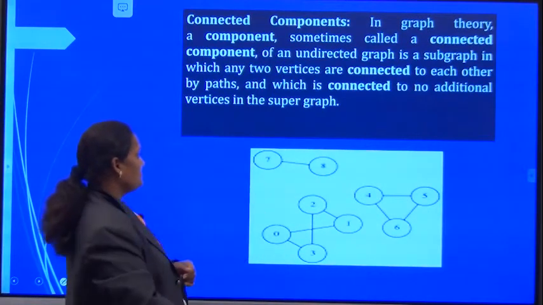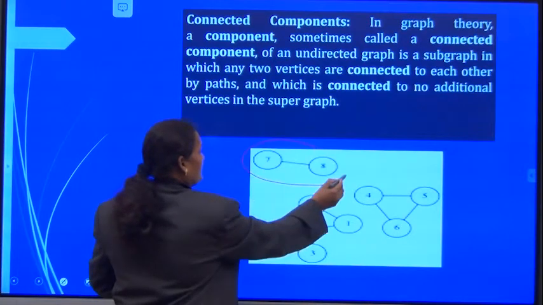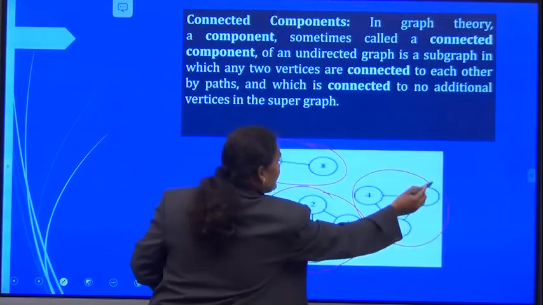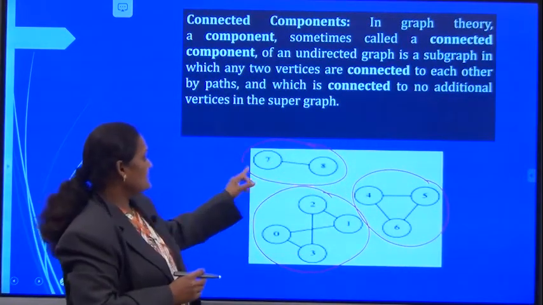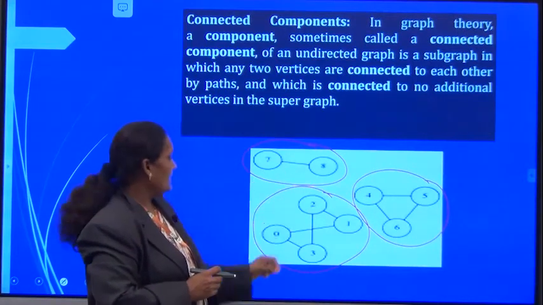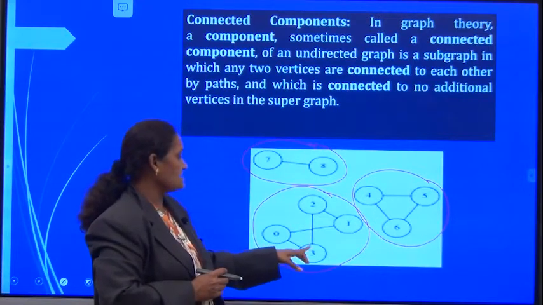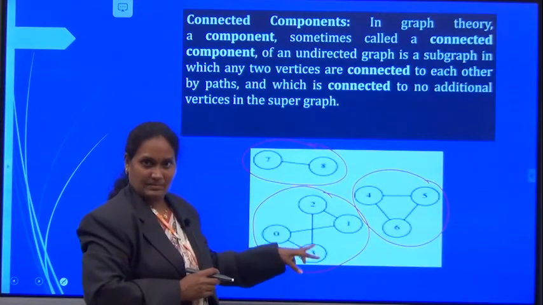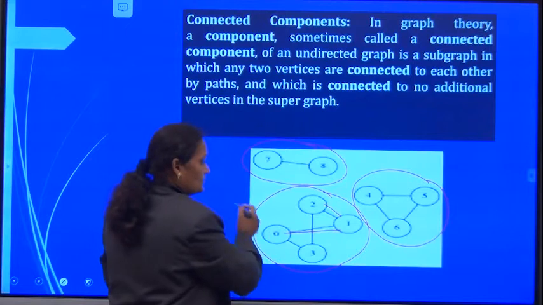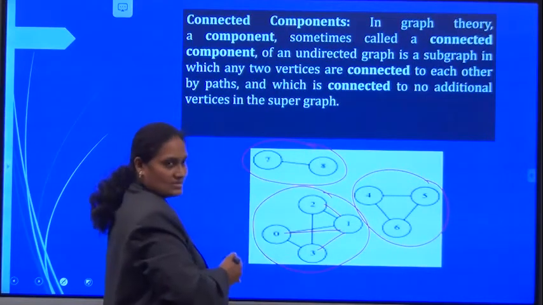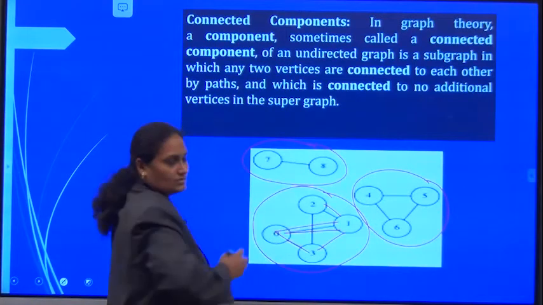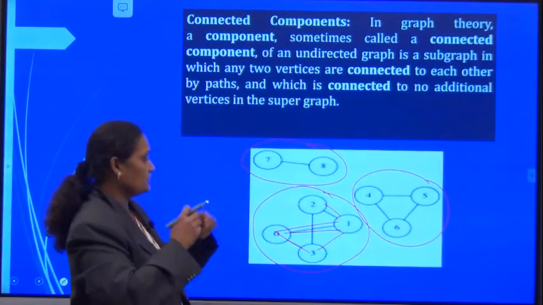Let us see the example. Here, this is one connected component, and this is another connected component, and this is another connected component. Now here, this component contains two vertices, and these two are connected by an edge. And here, this connected component contains 4 vertices, and there is a path between every pair of vertices. Here there is a path between 1 to 2, between 0 to 1, and between 3 to 1 also. How can we reach from 1 to 3? We can move via 0 to reach 3. So that is why there is a path from 1 to 3 also.